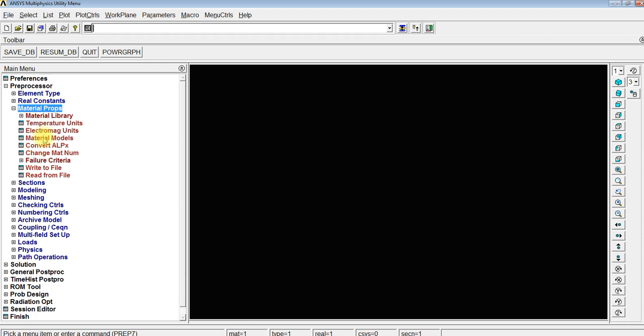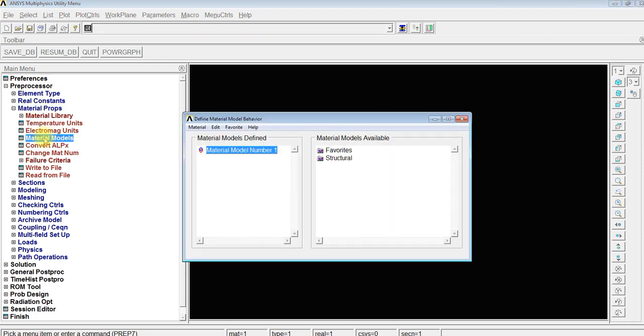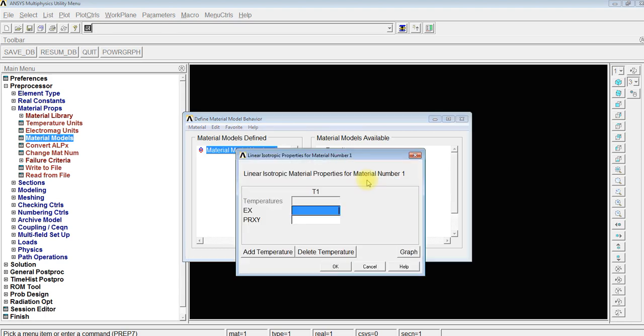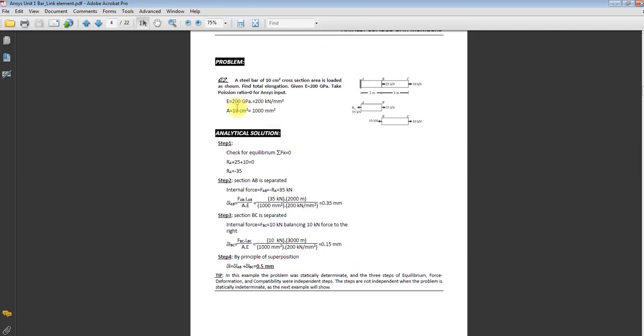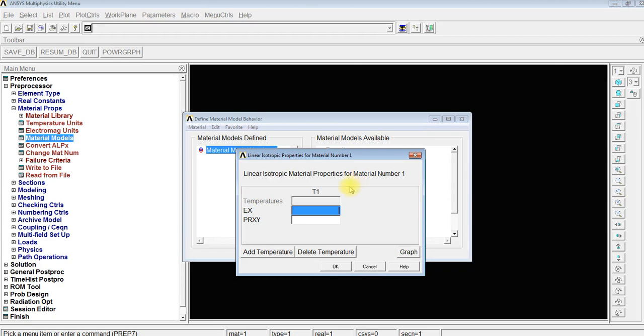Material property, material model, structure, linear, elastic, isotropic. Young's modulus is, as given in the problem, 200 kilonewton per millimeter square. So we are going to add 200 value here.